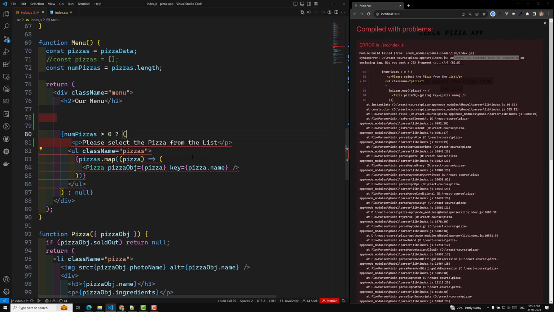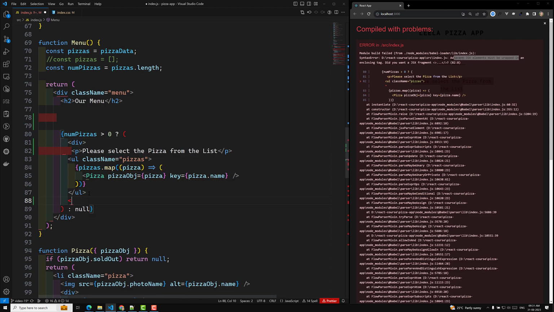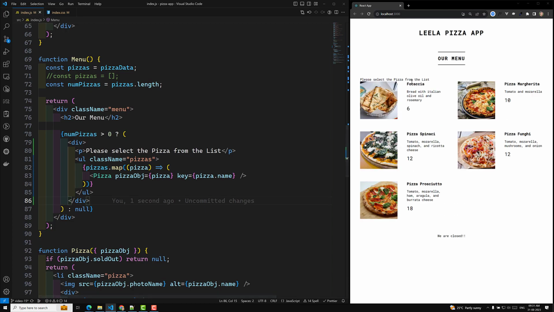So what can we do? For overcoming this type of issue, we have wrapped this inside a div. Now this works fine, right? Now let's try to see the output for this one. If you see the output, now the entire design has gone. Why? Because